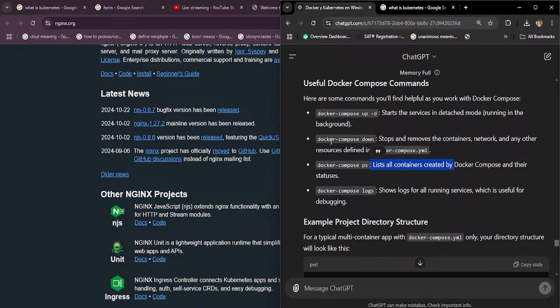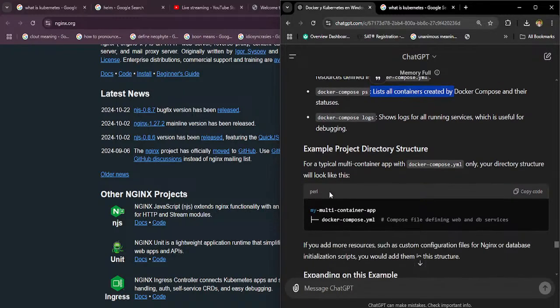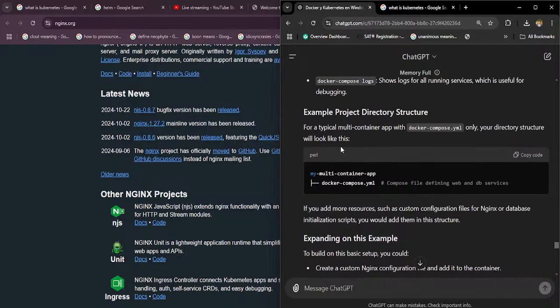After that, we have docker compose logs, which shows logs of all running services, which is useful for debugging. Example project directory structure: for a typical multi-container app with Docker Compose, your directory structure should look like this. Basically, the multi-container app directory, and inside we have a docker-compose.yaml